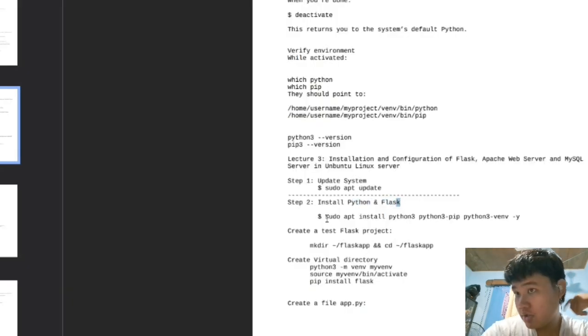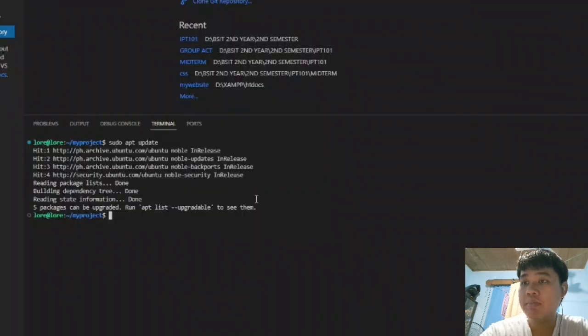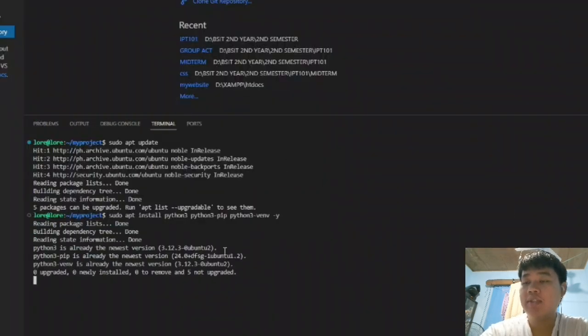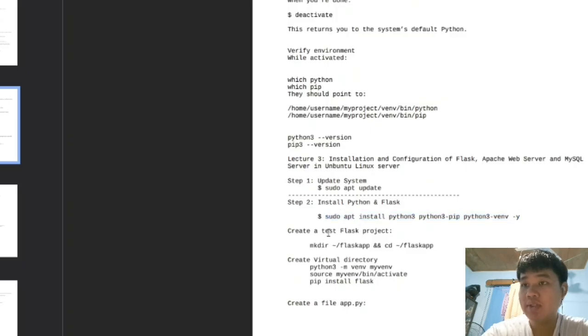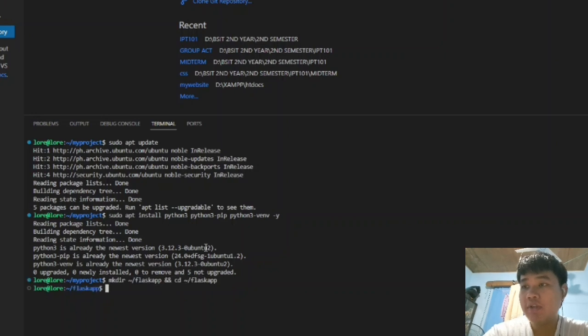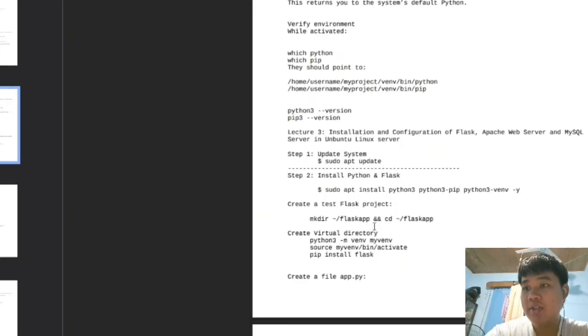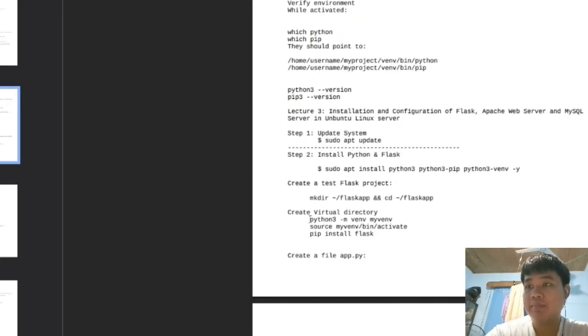Next, we need to install Python and Flask, and we will just copy paste the cheat sheet below. And then after installing them, we need to create a test Flask project, and we can copy paste the cheat sheet below, which is mkdir flask_app and cd flask_app.